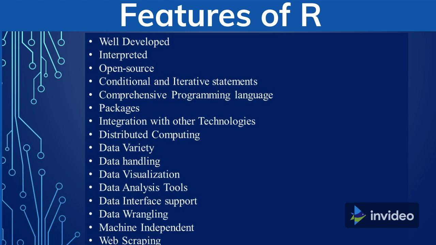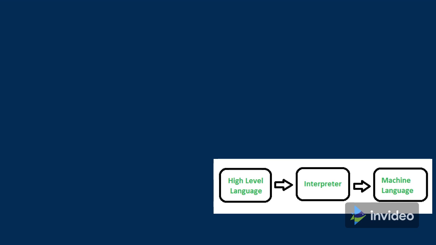R is a well-developed, simple, and effective programming language with the help of which one is able to design and develop sequential, conditional, and iterative programs. R language is interpreted instead of compiled. The R code is interpreted one step at a time and directly converted into machine level calls. This makes running an R script much less time consuming.